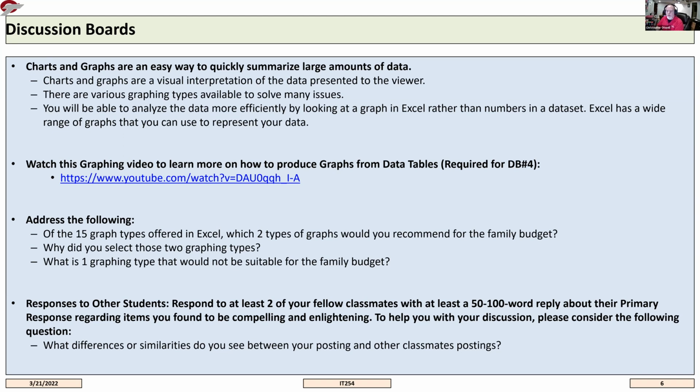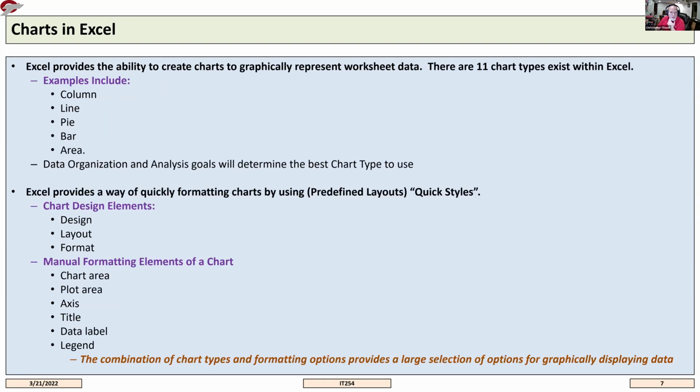Some people do it via a stacked bar chart for different topics, such as budgeting of bills versus food versus rent or mortgage. So some of the examples of various charts in there include column charts, line charts, bar charts, area charts, and